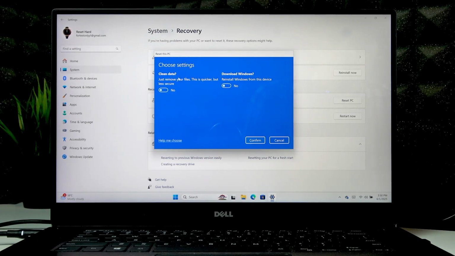And the last thing we have to do is select change settings, and right here you can decide to clean just your files, but you can also switch the toggle and clean the entire drive, and this will make your device unrecoverable. So this is actually a great option if you want to fully reset your PC and prepare it for sale, for example, but I'm gonna go with no options simply because I don't want this video